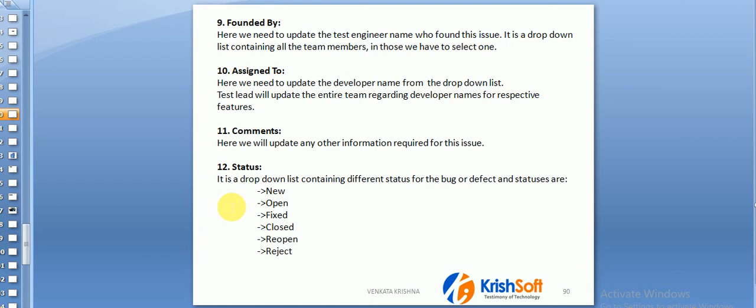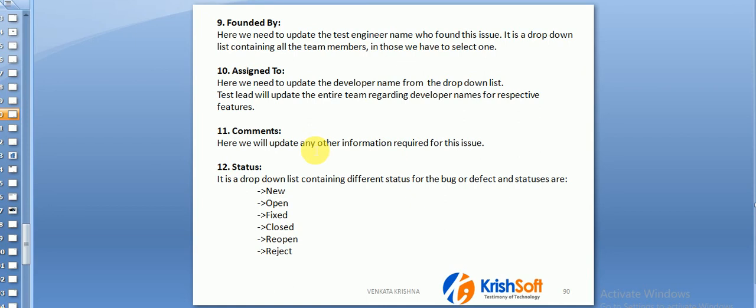In some projects, we will assign all the bugs to the development team lead, and he will assign it back to his own team. Or if you know exactly who is the developer for that module, then you can directly assign it to that particular developer. It means that the developer needs to work on it and give us the update, or fix that particular issue. Comments, if there is anything you want to write, then you can write in the form of comments.